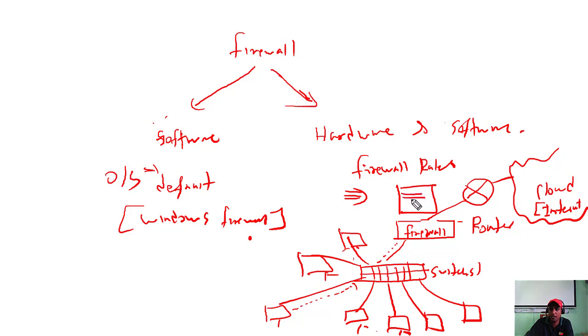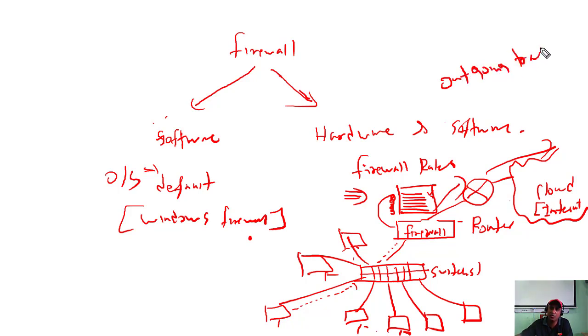If we have firewall rules, what the firewall does is check all the conditions, and only after these conditions are satisfied will it send it to the router. The router directly sends it to the internet. So this is the other way around also. This is called outgoing traffic, right? So I just talked about outgoing traffic.